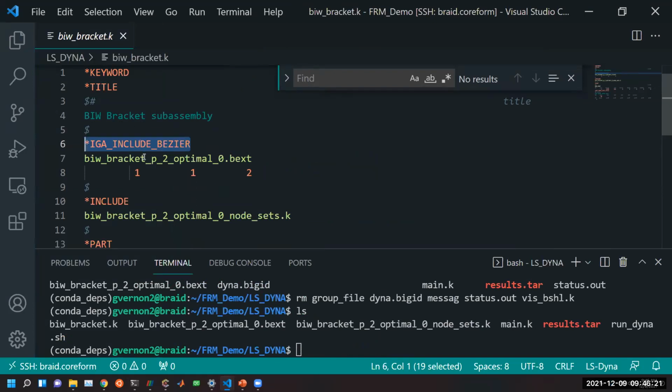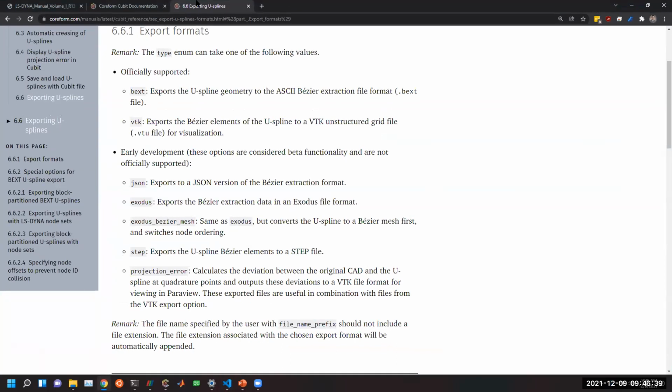I can't remember exactly what these are. I know that this last ID here, you can look this up in the manual, is the dimensionality. So this tells it it's going to be a surface as opposed to a volume, which would be 3. I think this is the part ID. There's something else with that, but you can find this in the documentation for